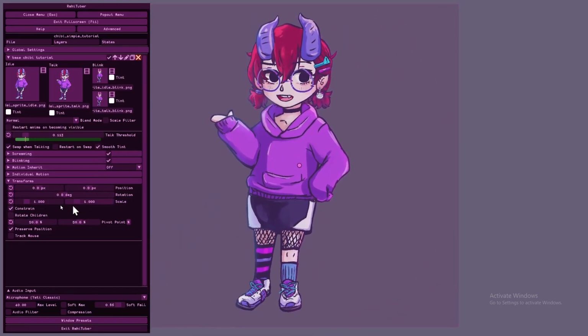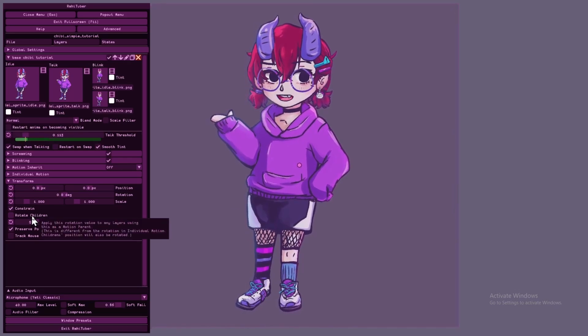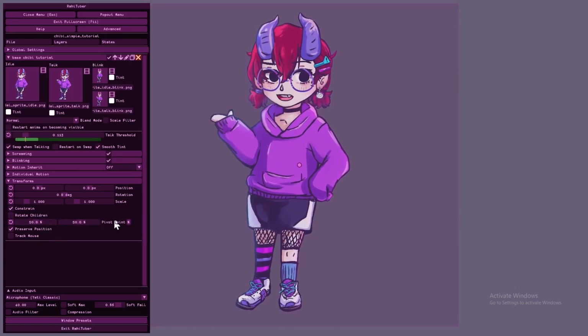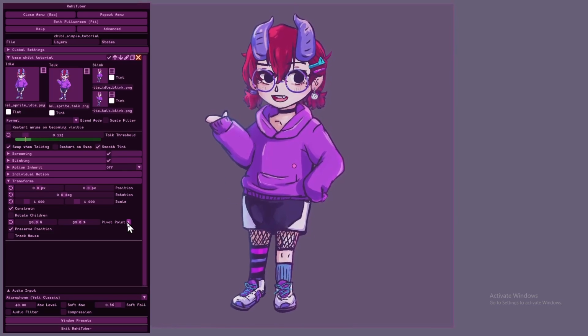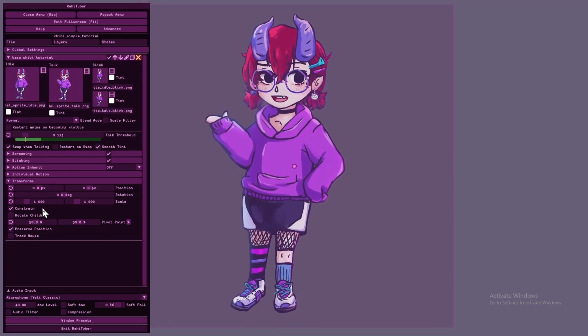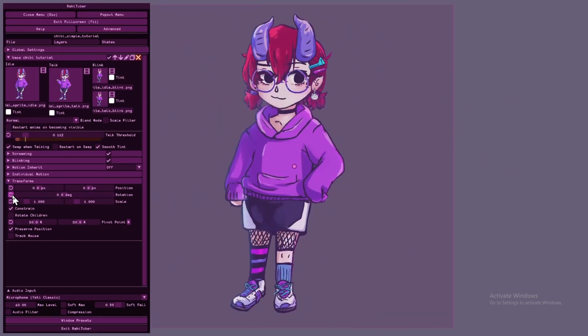We have a new rotate children toggle here that actually came out in an update, I think today. It'll be useful later for when we do have children set, aka other layers that inherit motion from this layer, and we're trying to rotate everything all together. Right now, it obviously doesn't matter.